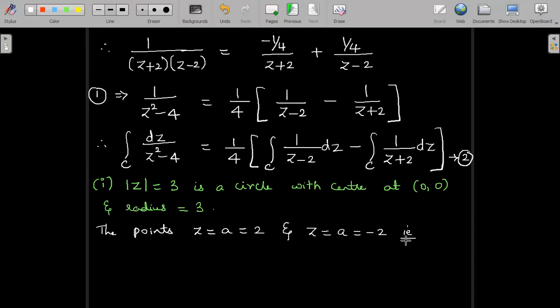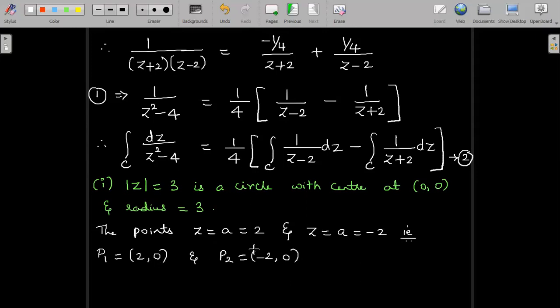So when we write down the points, say P1 is 2, 0, and the second one, P2, is minus 2, 0. How do we write down the points form? This is always a complex number of the form x plus iy. So x is equal to 2, y is equal to 0. That is why 2, 0. Similarly, z is equal to x plus iy again compared with the complex number. So x is equal to minus 2 and y is equal to 0. There are no imaginary terms here. These are only the real terms.